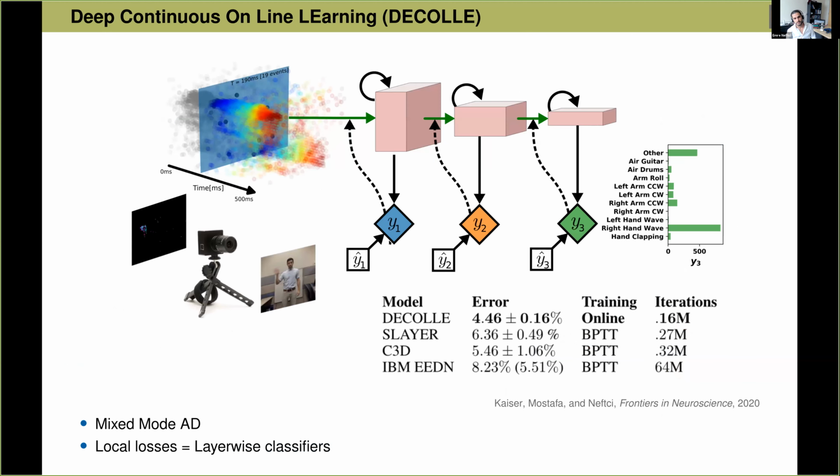So now, putting all these elements together, can we actually solve practical problems? Well, it turns out that we can, although not exactly in hardware for the moment, but I'll show you some examples that we do have running on hardware. This is a gesture classification problem where the gesture is recorded with a DVS camera. A DVS camera is this cool camera that just produces events where a pixel has changed intensity. So the output, rather than being an image, is basically a cloud of events, as you have here. We're only feeding a couple of these events into the network, corresponding to that time step. So it's a continuously operating network